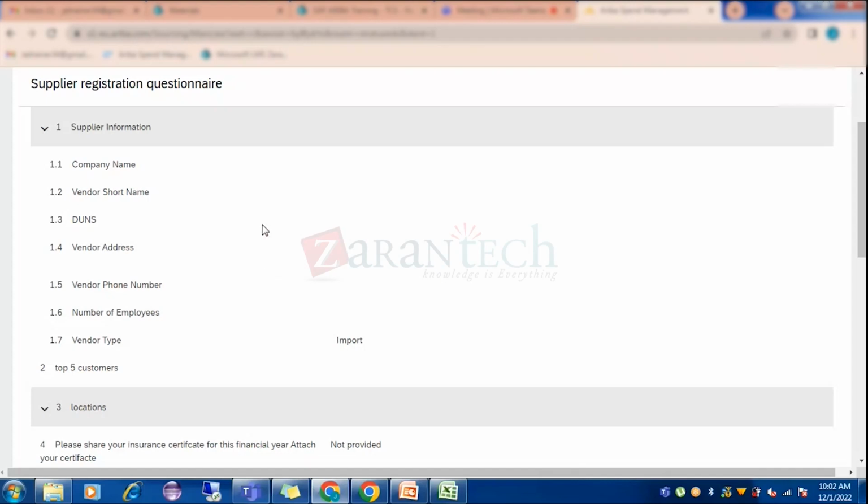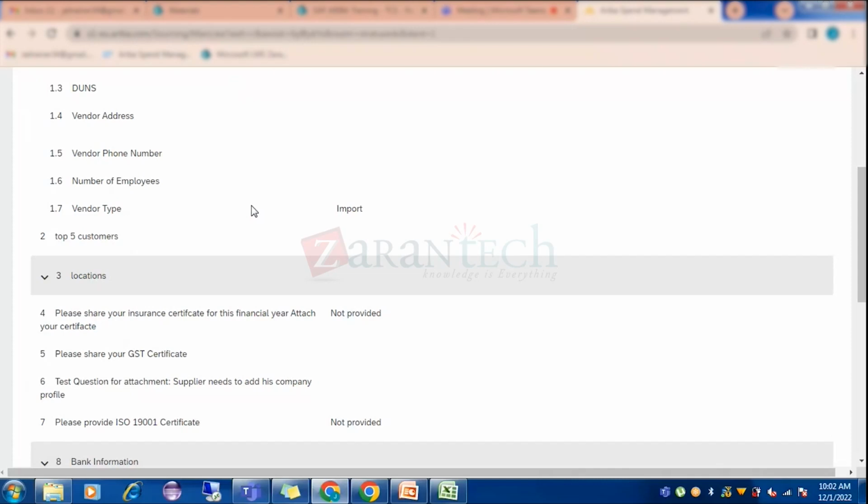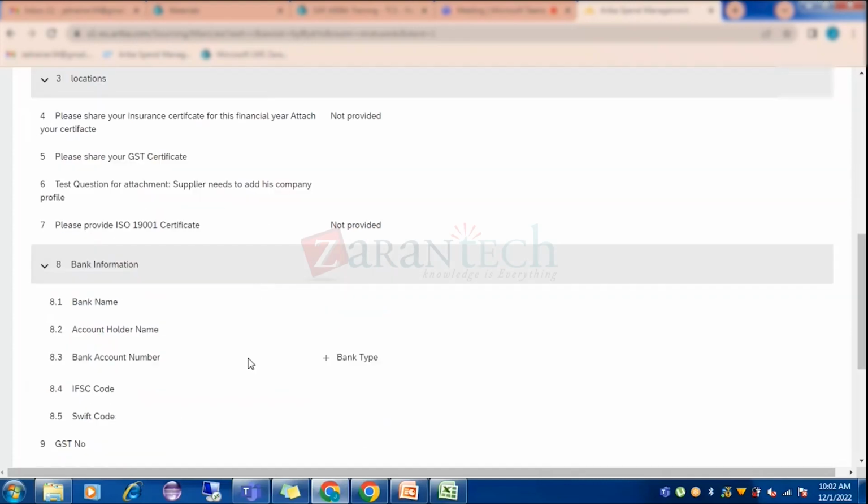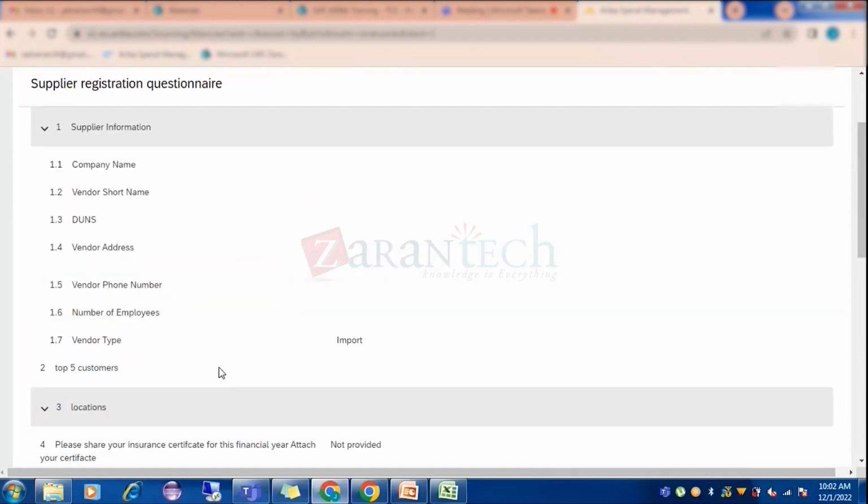This is why these SLP people use it, so that you can get any information from the supplier. Whatever the information, you can prepare a question, either an attachment, a document, or a yes or no. Just create a question accordingly, and the supplier will be responding to that. Okay, now